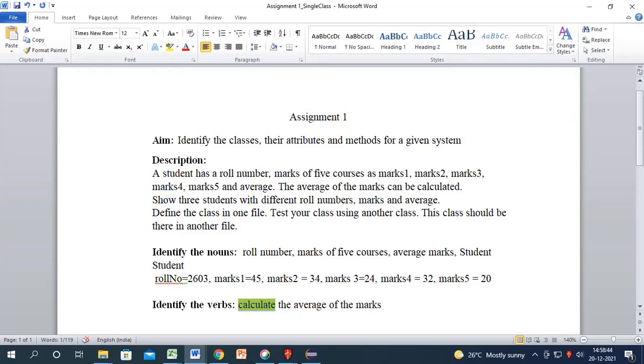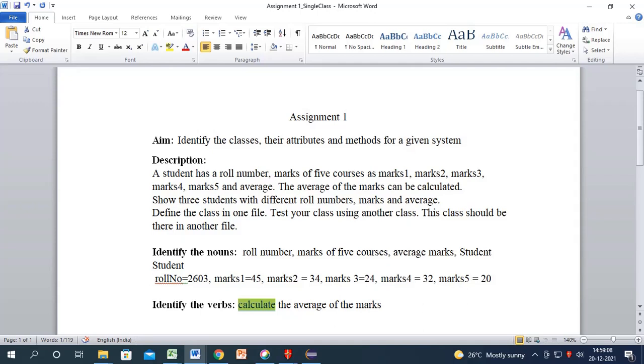So I expect you know how to write a Java program, but what you do not know is, if the input given is a description, how to identify classes, how to identify the methods, how to identify the attributes. That is something which you do not know. For that, this particular lab is there.